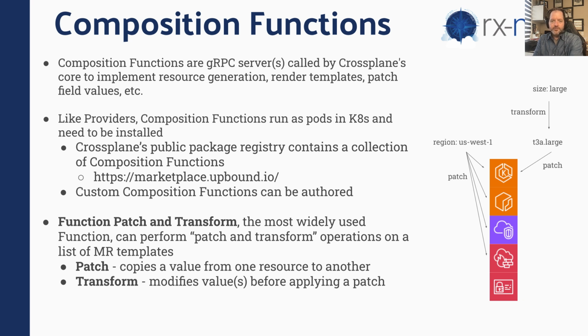Now there are other composition functions that exist. You can use Go templates. There's a queue composition function, which means that if you have a choice in terms of your DSL, and you want to use Go templates, you want to use queue, you want to use something else, you can, because this now is pluggable, right? Whereas before, when patch and transform was core to Crossplane, it wasn't pluggable. Now it's very flexible and you can plug in other engines if you want, but the function patch and transform remains a very powerful way